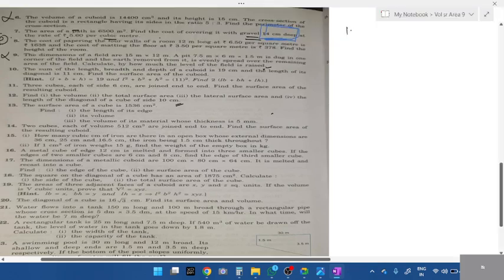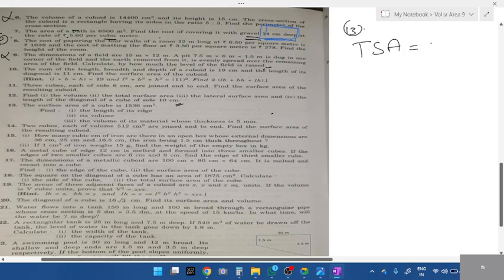Next, 13th question. Look at the 13th one, students. What is the surface area given? See, in surface area, have they mentioned total surface area or lateral surface area? No. Then what do you have to consider? What did I tell you? You should always consider, very good,